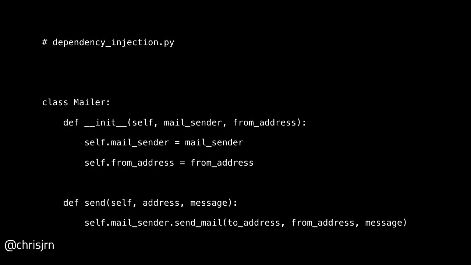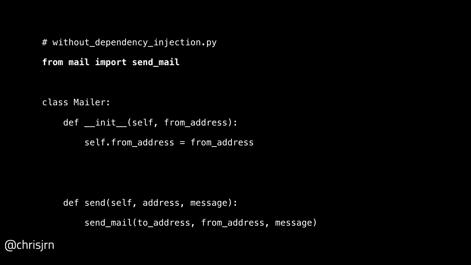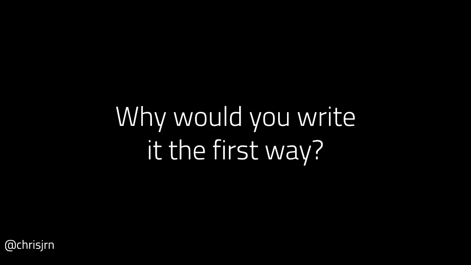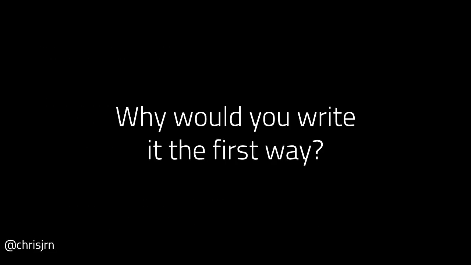If we're going to implement this in a way that looked good in Python, it would probably look like this. We pass in a function at construction time and then call this stored function. It's not nearly as Pythonic as importing the function you want and then calling it directly, though. To remind you, that's what importing the function looks like, in case you don't know. Okay, so why would you write it the first way? People who write Java code for a living could write their code exactly like this: import the function that they want and call it directly. But Java coders don't do this. So let's talk about why you would want to write things with dependency injection.